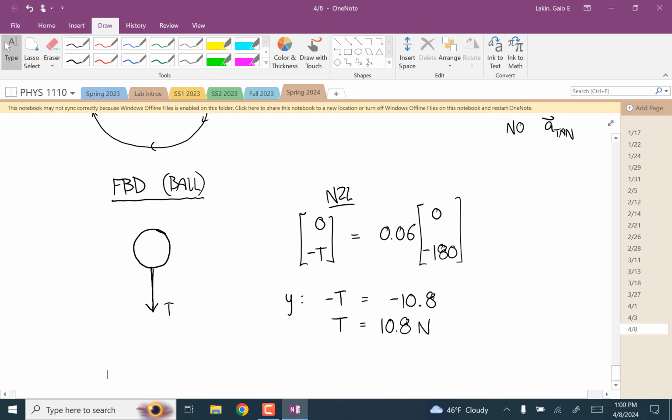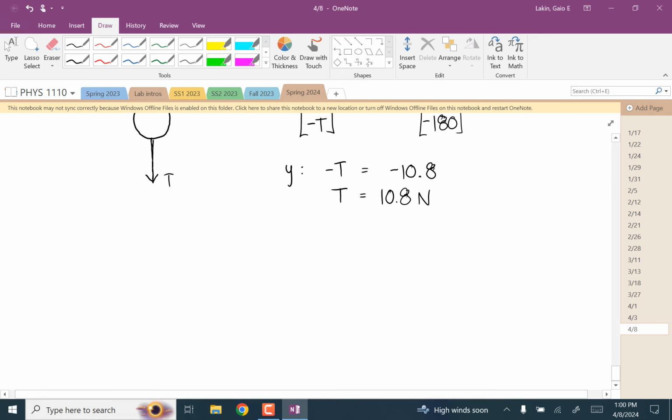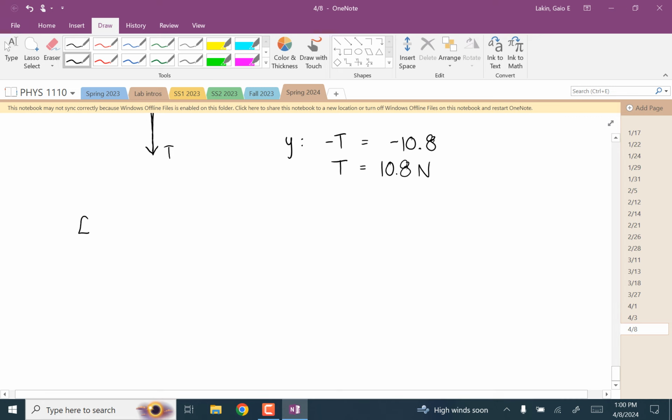Okay? With me on that? Anybody have any questions about this one? Okay, well, okay, let's do one more. Let's do another one that has tangential acceleration. So another non-uniform circular motion. So this time, let's say